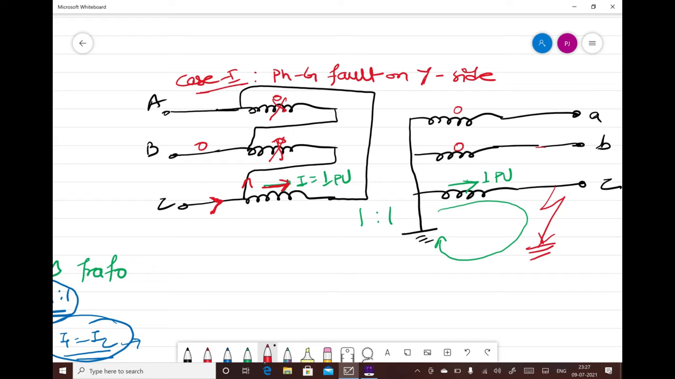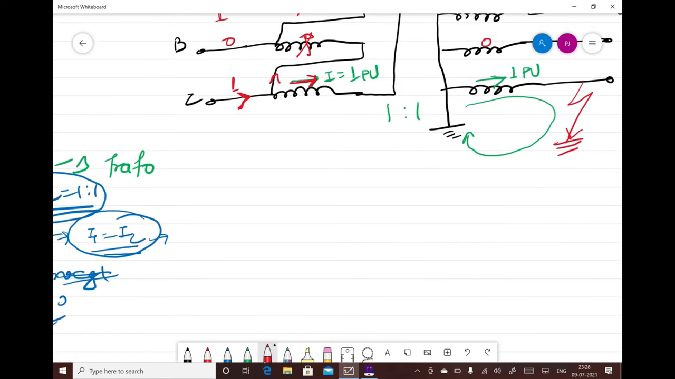Now this current will reach here, and here this current will have two paths. It can go this side or it might go this side, but it cannot go this side because this is open circuit. So your current of 1 pu will now exit from phase A. So this is your 1. That means what you see here is that the phase to ground fault on a star side